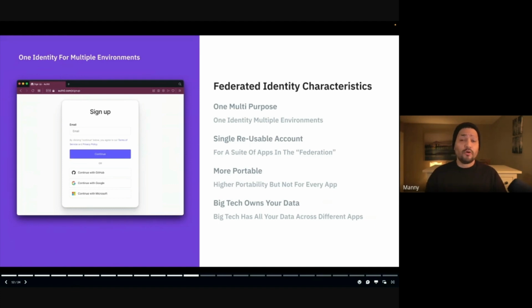If you want to know more information about federated identity and centralized identity, definitely look up okta.com and search for federated identity. So that's okta.com. They have full descriptions and full definitions about this. This is really, really interesting stuff. So